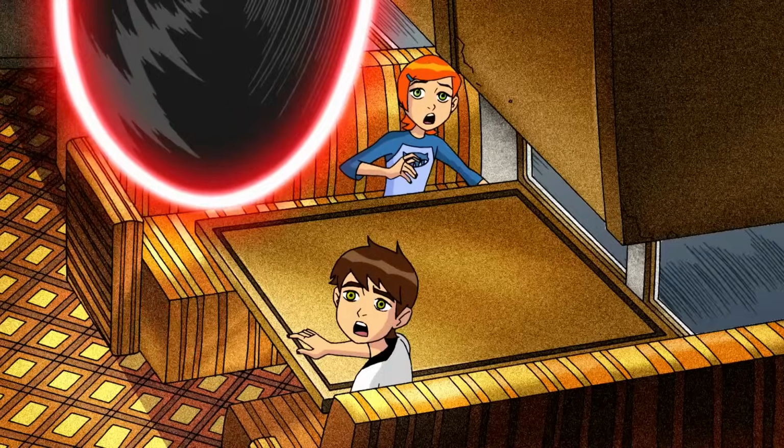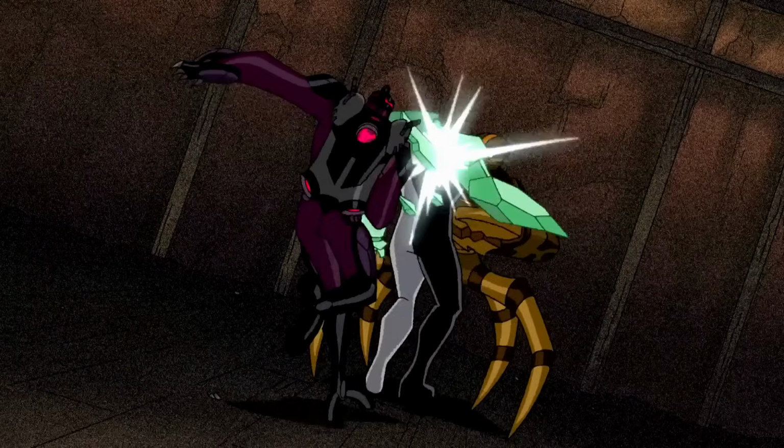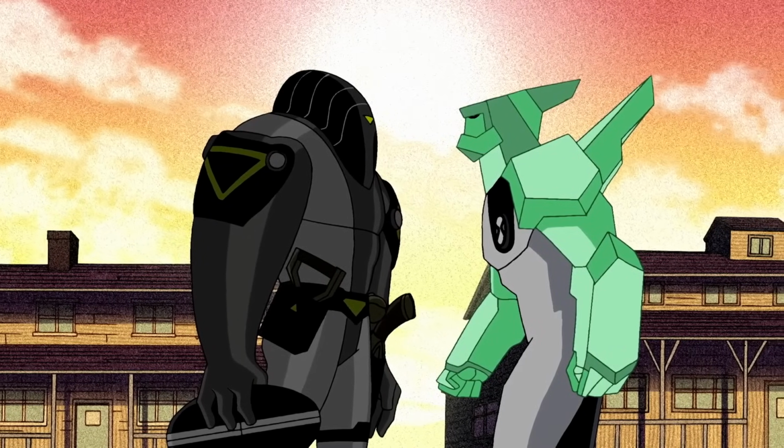On the road, they are attacked by 66, leading to a confrontation in a mine. Despite Ben's attempts to fight, he is overpowered by the bounty hunters. ToonRecapz intervenes, criticizing Ben's approach to using the Omnitrix and emphasizing its importance in a larger battle between good and